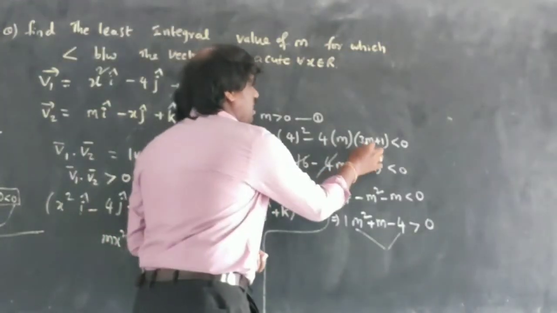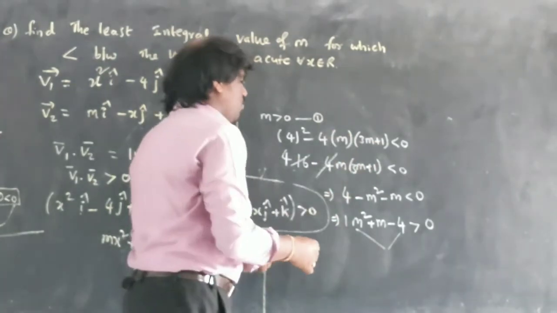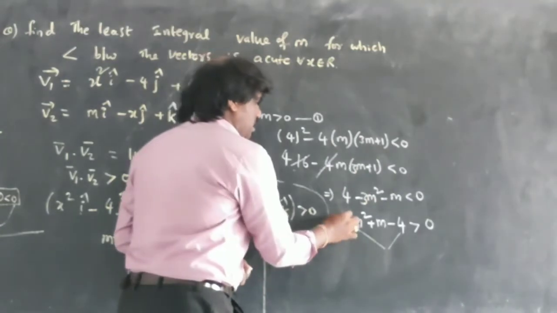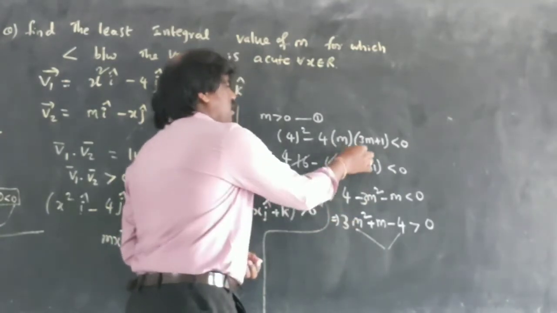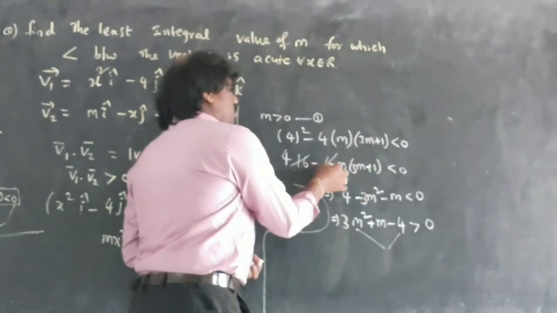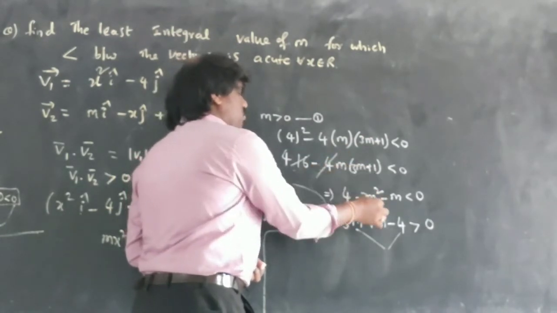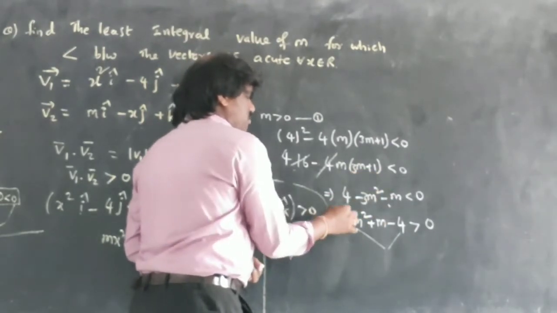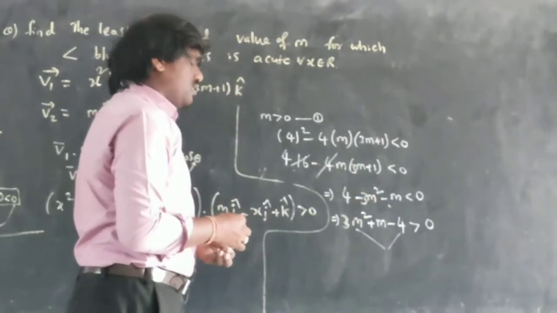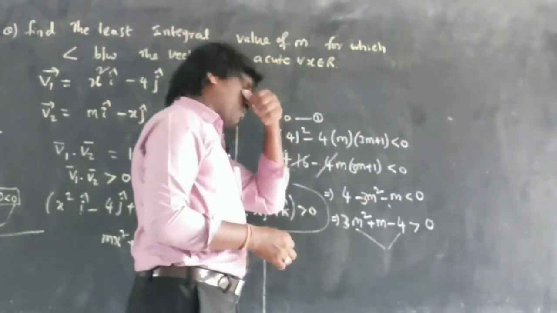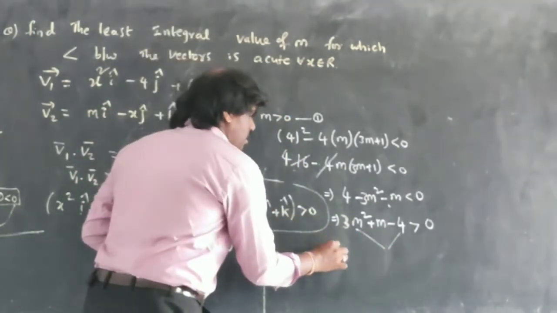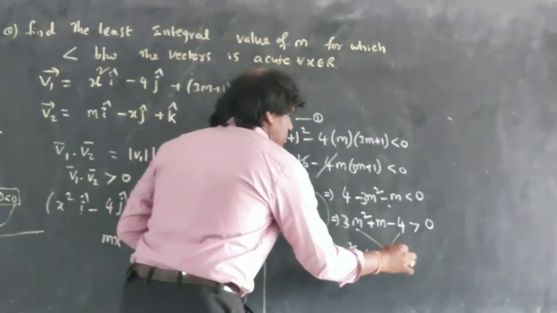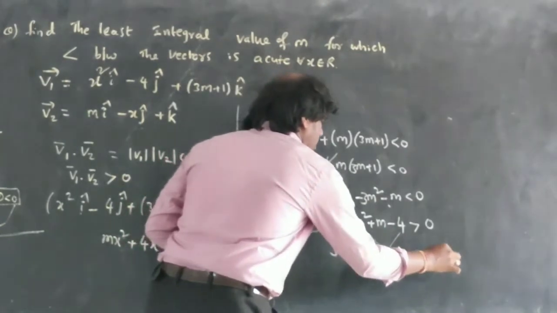This is you have 3m here. Okay, 3m. So when I multiply this one, I get 3m square here. So I get here plus 3m square. Here is you have 3m. So minus 3m square minus plus into minus m, that is 3m square plus m minus 4 greater than 0. Now 4 3s are 12, so I get 3m square plus 4m minus 3m minus 4 greater than 0.